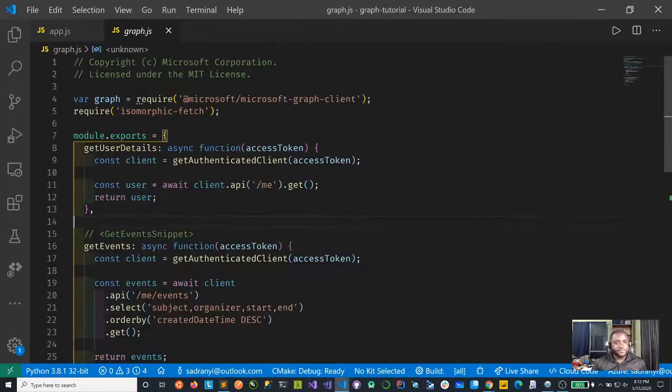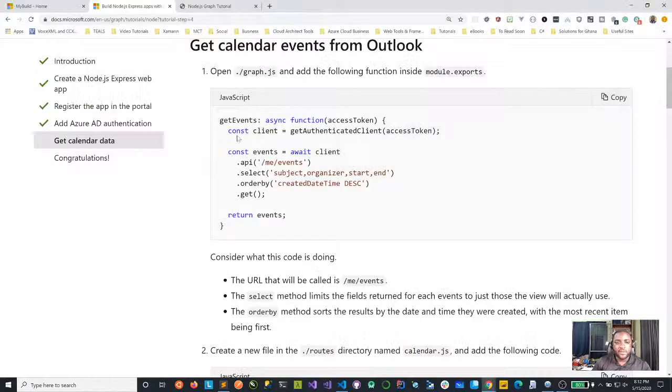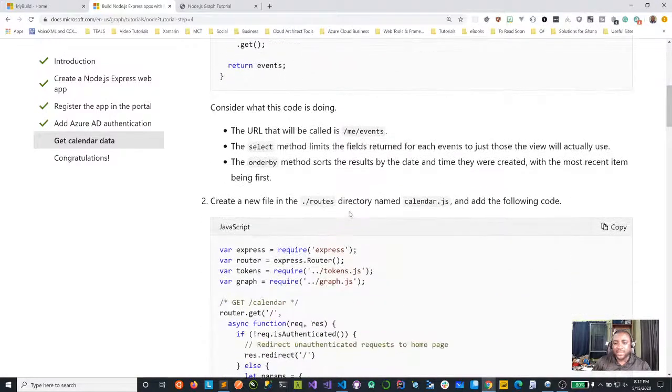Okay, so this is our graph file. Get users, get event. So as you can see, we are now pulling in event, right? So anytime you call, that's the file we are in. Yep. So we have get event. Like I said, I went ahead to add that, right? So that's what gives us this. I think we created this.